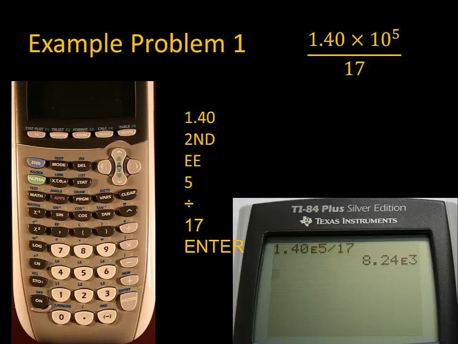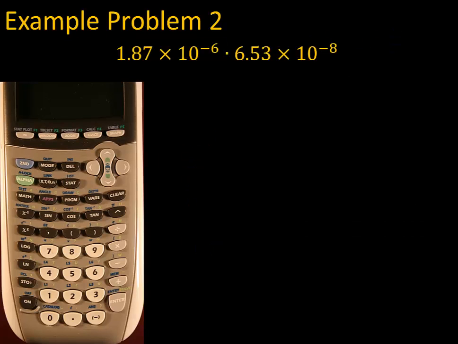To write the answer on a homework assignment, you should write 8.24 times 10 to the third, as it's shown here. Let's do another one. This one has two numbers multiplied together, each of which is written in scientific notation and each of which has a negative exponent. The keystrokes for the calculation are